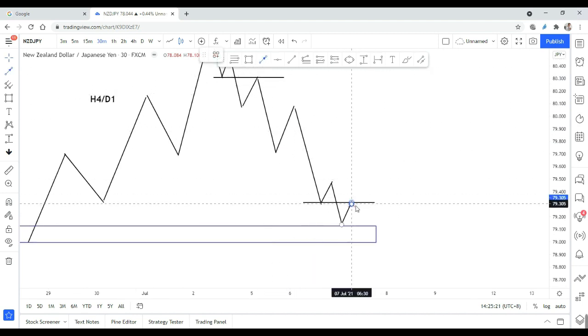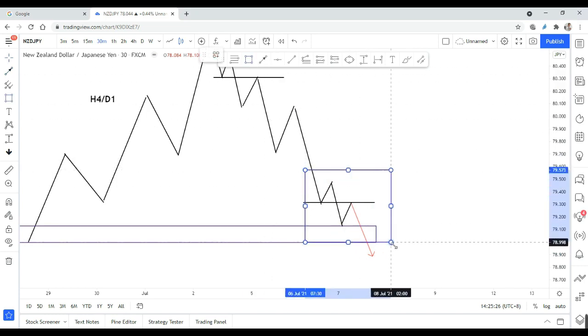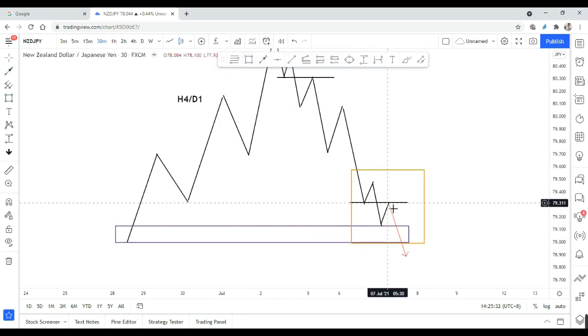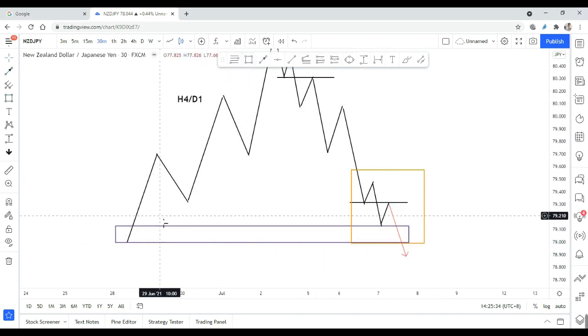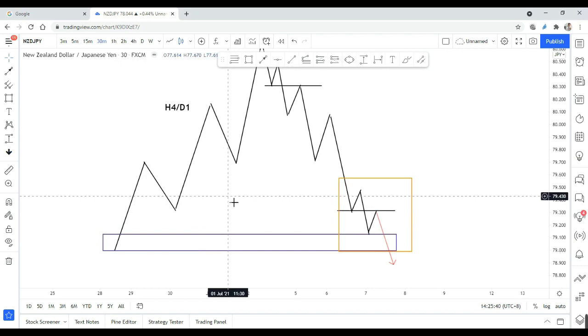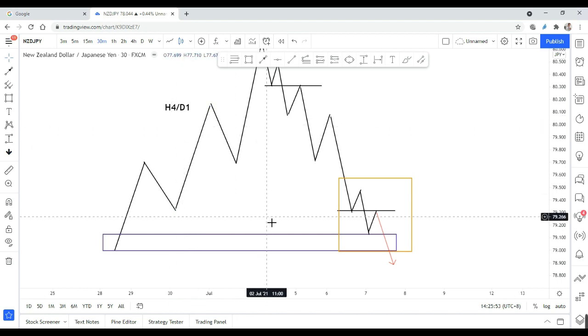You can call me chicken out, whatever you want, but I'll give you the reason why I don't trade. The possibility is that in the higher time frame there is a strong demand zone, so price usually will obey. A lot of people ask me, what happens if there is a supply zone in the higher time frame and in the lower time frame, which one is stronger? Definitely the higher the time frame, the stronger the zone is, whether the demand zone or the supply zone.